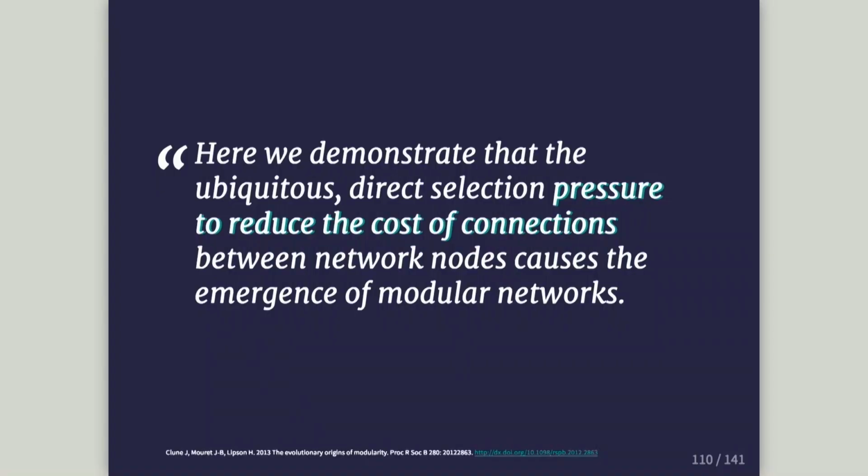All right? Now, here's a fascinating thing. When I was also looking for papers, I found a biology paper on the evolutionary origins of modularity. And I was like, all right, I'm going to get really deep on this one. But it turns out that it actually made a lot of sense, and it totally confirmed what Parnas was saying. All right, he said, here we demonstrate that the ubiquitous direct selection pressure to reduce the cost of connections. I don't even need to go through the quote. The idea was that when we are trying to reduce the cost of connections, which is exactly taking the hard parts and getting them the heck away from everything else, it evolved directly into an extremely efficient modular system.